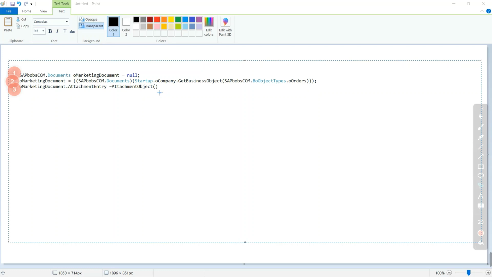So let me move to SAP Business One, because there are a few prerequisites before creating this object. So I would like to first tell what the prerequisites are for creating the attachment document in SAP Business One.